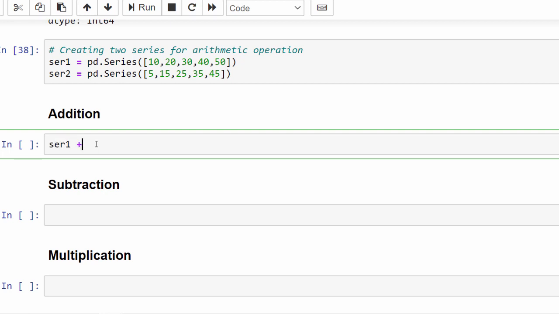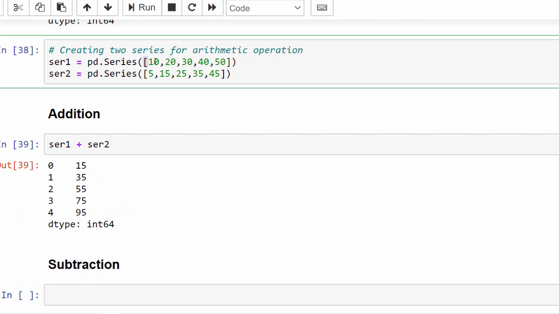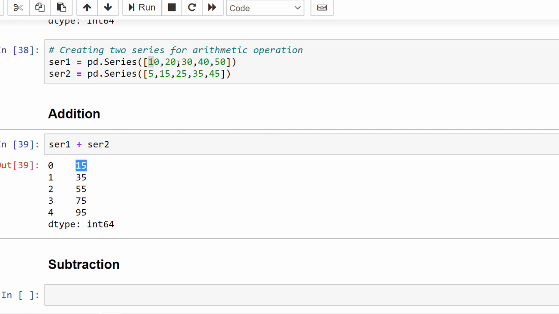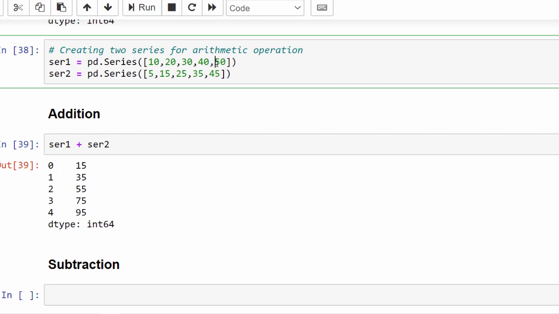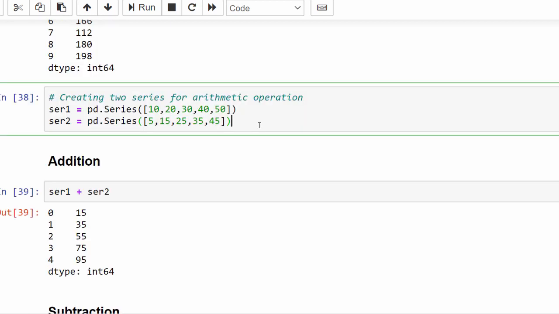Series 1 plus series 2, if we execute, element-wise operations are performed. That is 10 plus 5 it is 15, 20 plus 15 it is 35, and so on. 50 plus 45 it is 95. It means it's very easy to add multiple series.